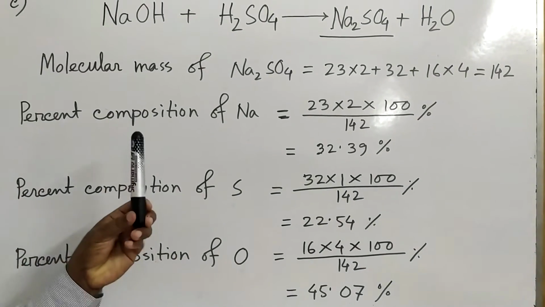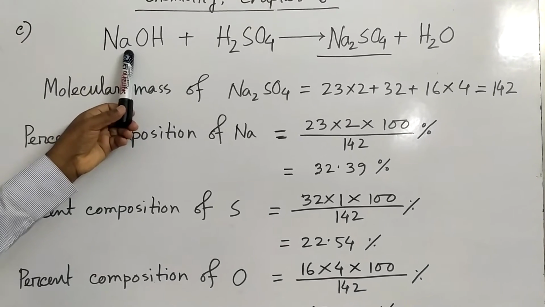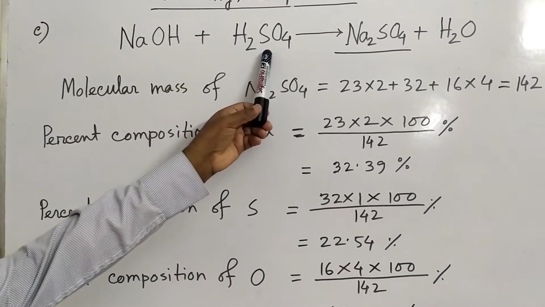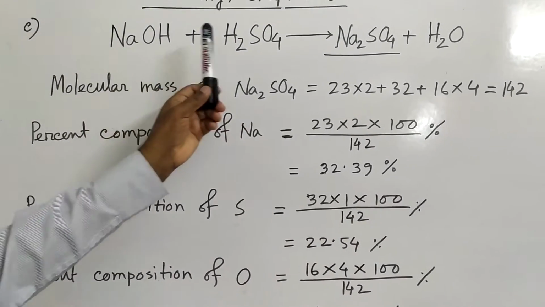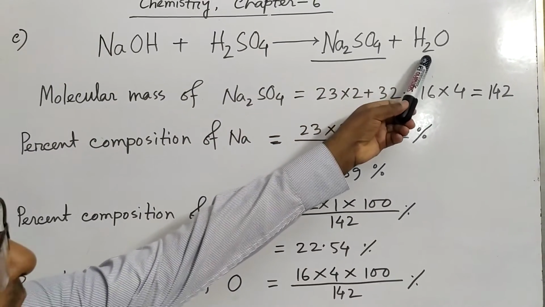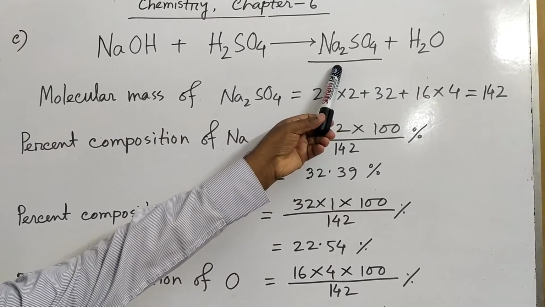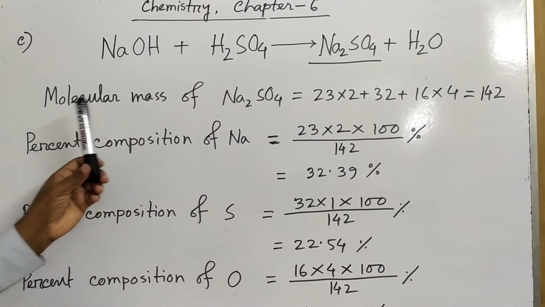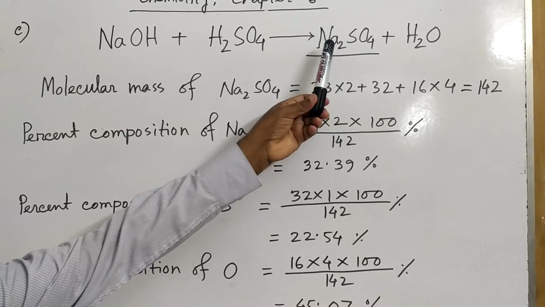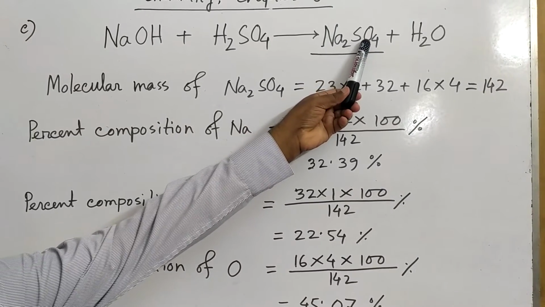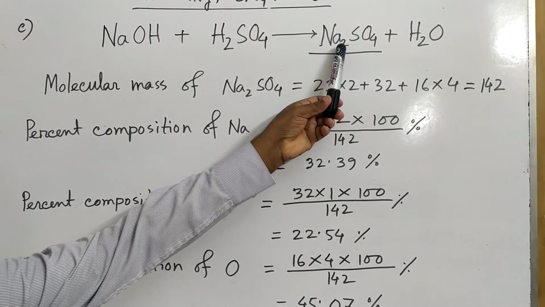Now from the beginning I am telling again, in the first container, I mean in container A it is given sodium hydroxide, in container B it is given sulfuric acid. Now if we mix together, then there will be reaction, it will be sodium sulfate and water. We have to find out the percent composition of the salt that is produced. Okay, now here the produced salt is sodium sulfate. Everybody know sodium is metal and sulfate is radical. The valency of sulfate is 2, that's why here will be Na2SO4.